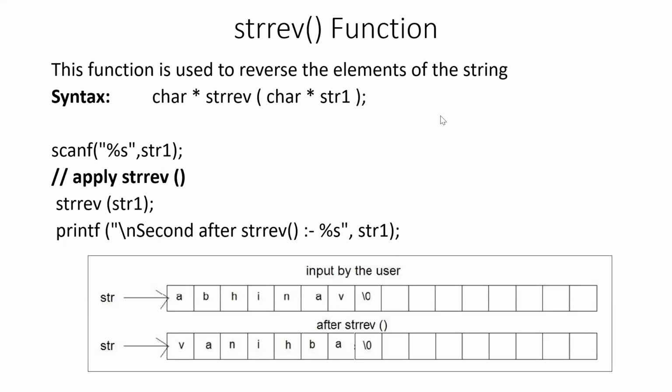So I hope in this lecture you were able to understand what is a string, how we can create a string in the C programming language, how we can initialize the value of the string, and what is the role of the null character in the string. Then we saw the different methods for accepting the input of a string. We were able to understand the difference between the use of scanf and gets functions for accepting the input of a string. And in the end, we saw 5 library functions that are provided by the C compiler that can be used for handling strings.